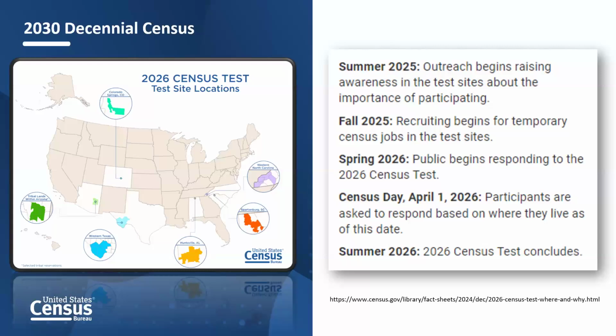Now, the 2026 census test will be the first of two major on-the-ground tests we conduct in preparation for the upcoming decennium. As we prepare for the 2030 census just a few years away, conducting testing like the 2026 census test gives us the opportunity to explore innovative technologies and methodologies to enhance our work to conduct a complete and accurate count of the nation.